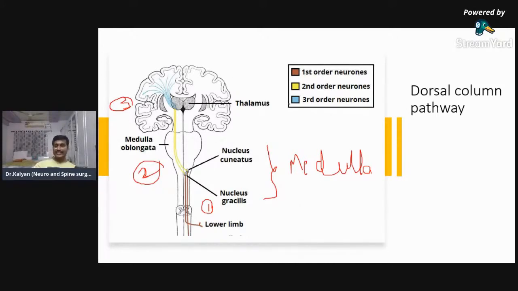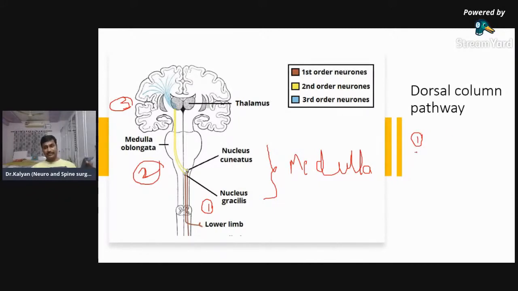Okay, so let us go on to what is clinically very important. Like all the sensory pathways, these are ascending pathways. All the ascending pathways have three order neurons. So which order neuron crosses? Always the second order neuron decussates. And so the dorsal column pathway. Again, let us ask the same three questions. How many order neurons are present in the dorsal column pathway? Two or three? So there are three order neurons.